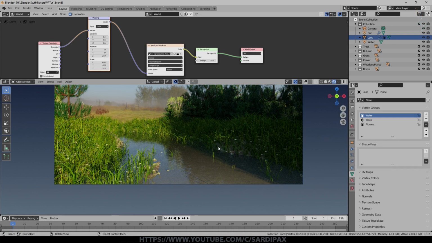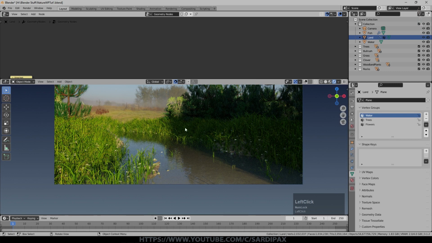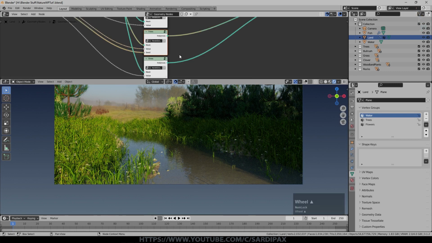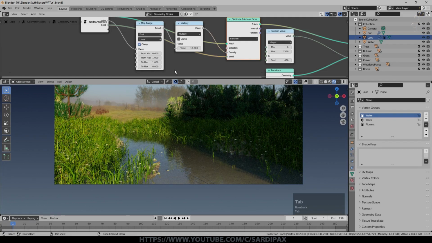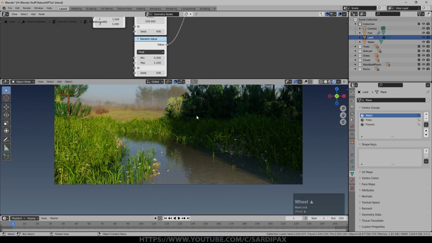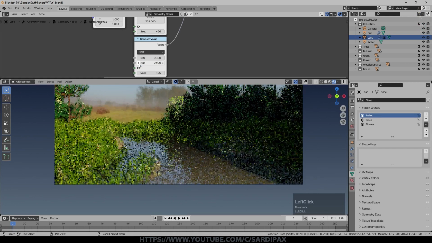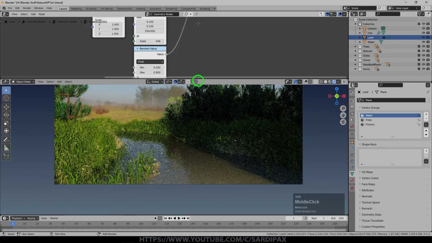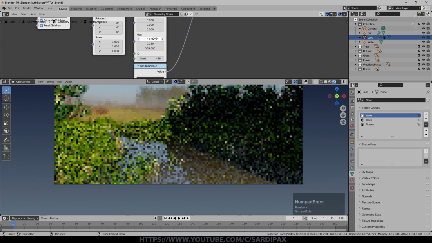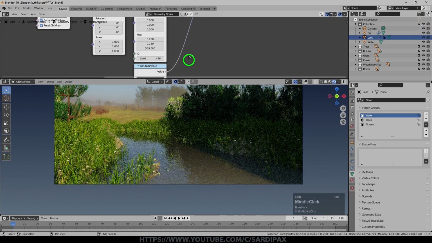Possibly need to reduce the scale slightly, and we'll do that under geometry nodes, and perhaps increase some of the randomness. So here we go into our grass, press tab to go into it. So this bottom one is scale. Again, if we wanted to play around with it a lot, we could drag this value out. But if I just drop that slightly, you can see the maximum size is getting smaller. And then we can increase these to get a bit more variation in the angle of the grass. I think it can be even smaller than that.